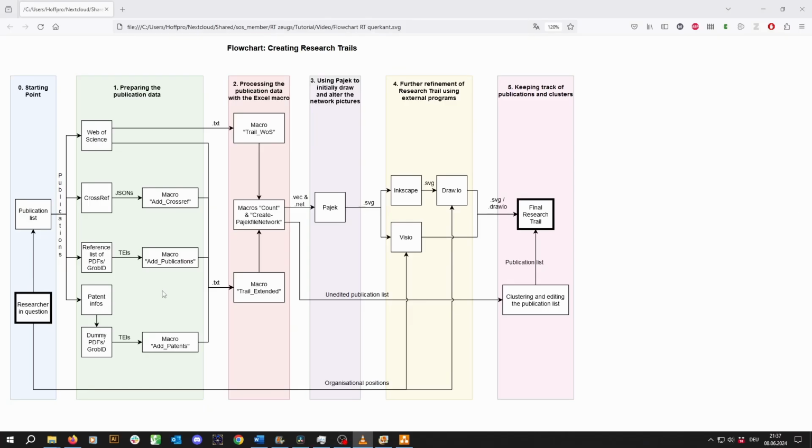There are several steps that we will go through together to make a research trail. I will start with some technical preparations, including downloading the necessary software and the settings in Microsoft Excel. We will then go through the steps shown here in this flowchart, beginning with searching for publications from our researcher